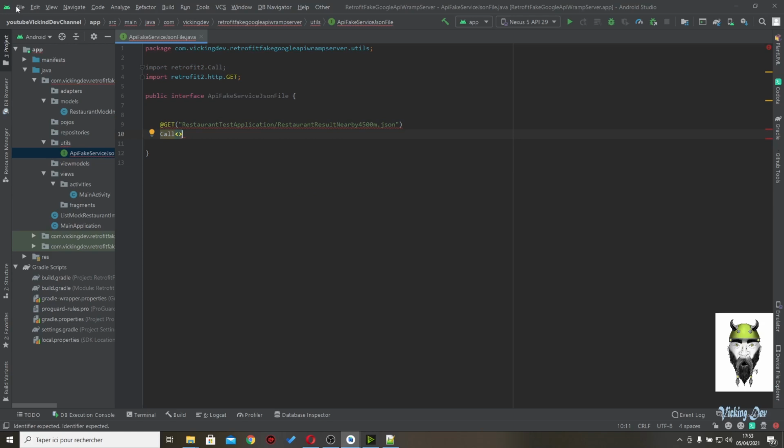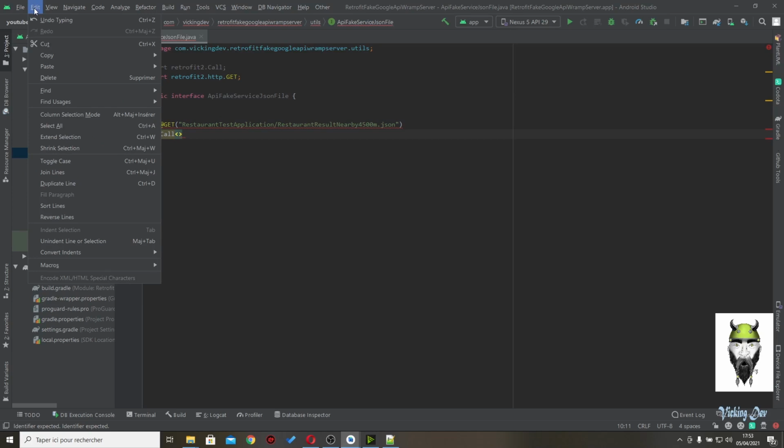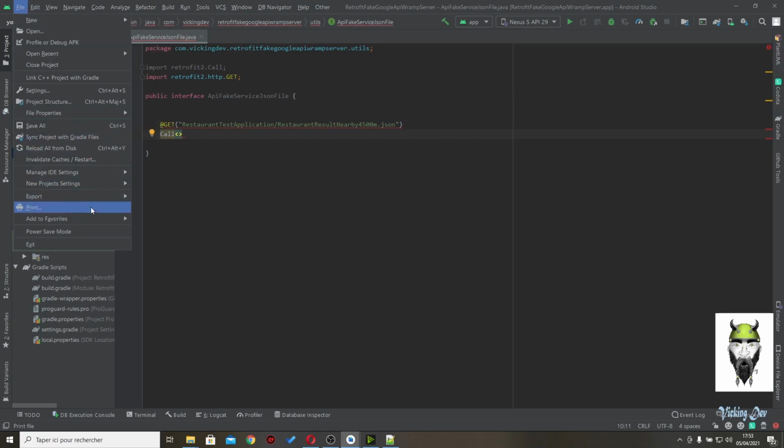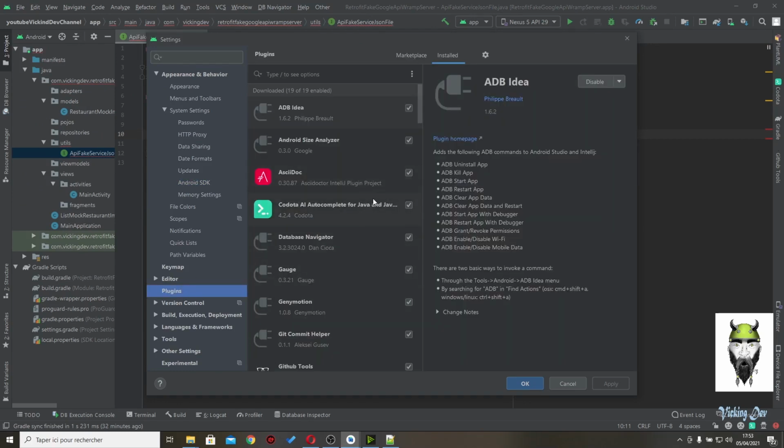For that, go back to Settings and plugins, and inside this you have to install